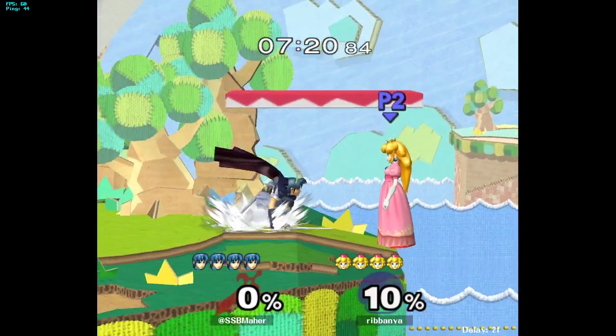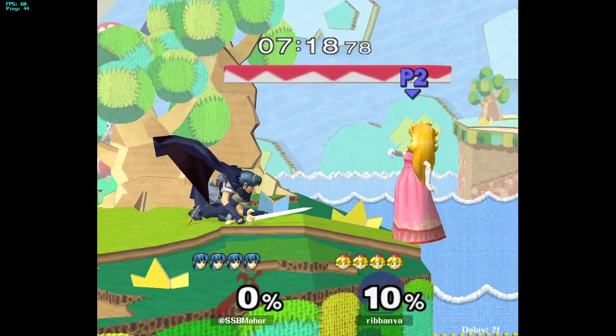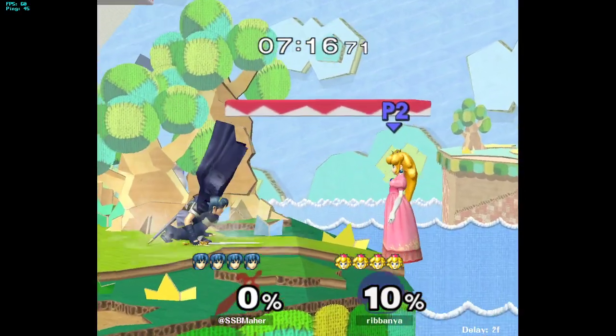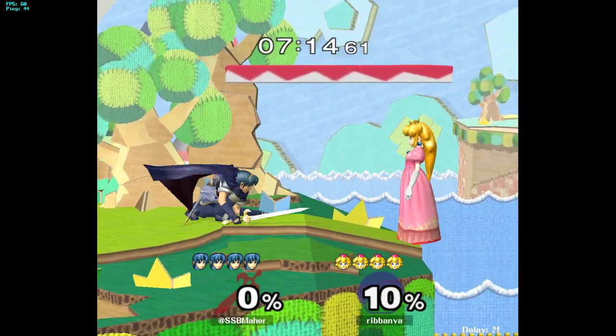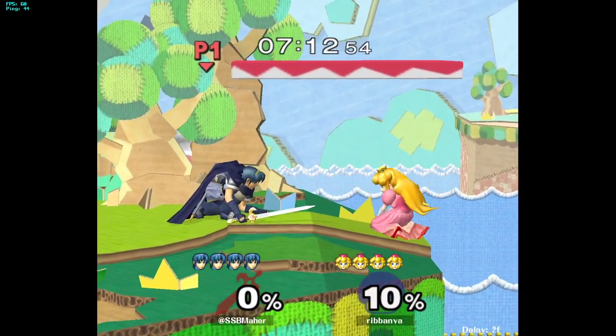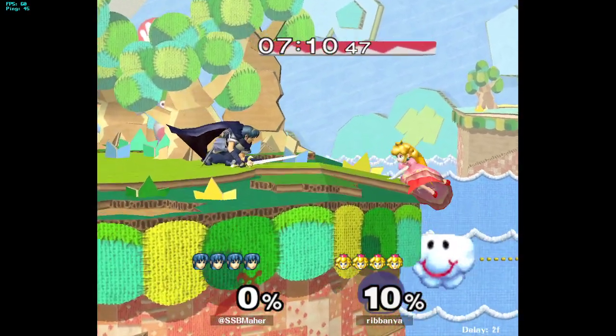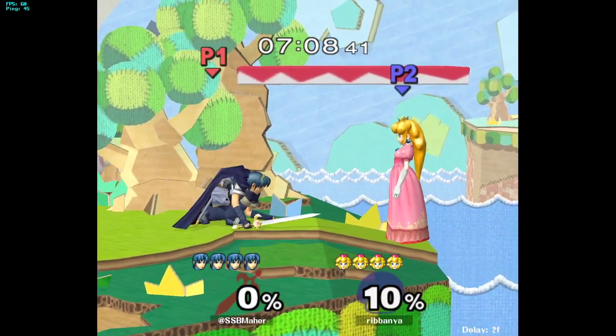Or they'll do a forward air. Forward air to me is the most risky of these, but a lot of low level Marths will go for this forward air. Outside of just the forward air dash attack punish that we're talking about right now, once you're comfortable forward, or